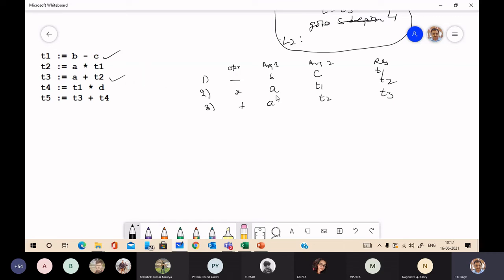Then fourth is asterisk: T1, which has already been generated, multiplied by D, and the result is T4.